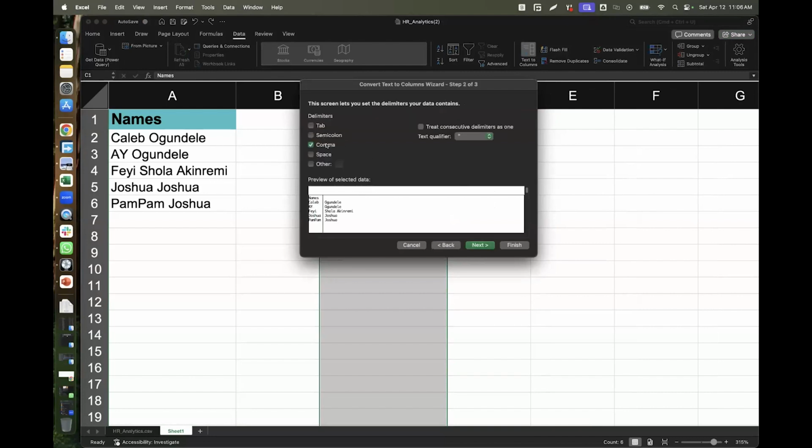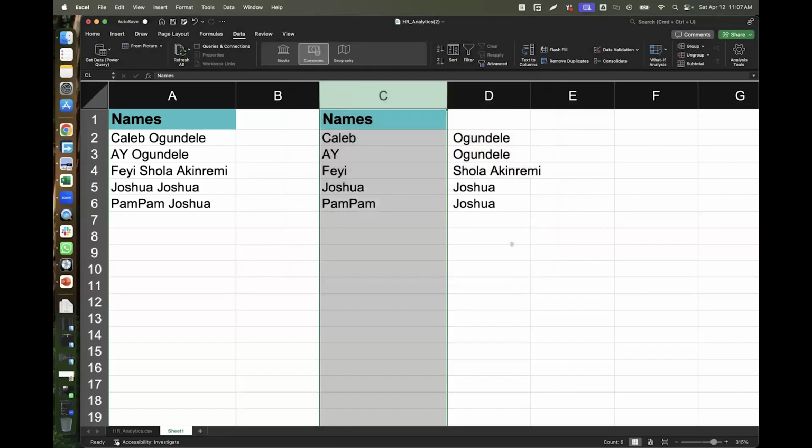It could be in the form of a semicolon, a comma, or a space. And even if it is any other character, like a question mark, you can do it this way too and put the question mark here, right? So that's just an example for you on how to separate data. So I've been able to separate that now.